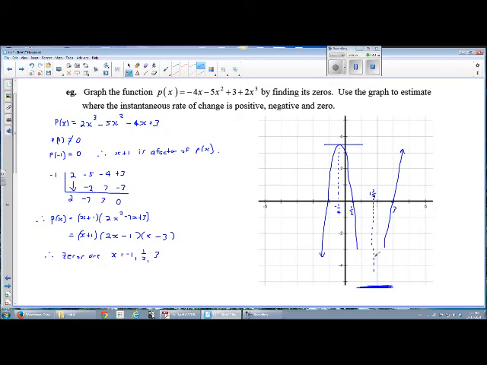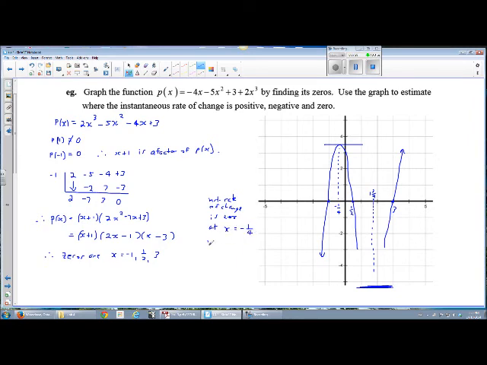So the instantaneous rate of change would be 0 at these exact points, and I'm going to just take this as the correct value, x equals negative 1/4